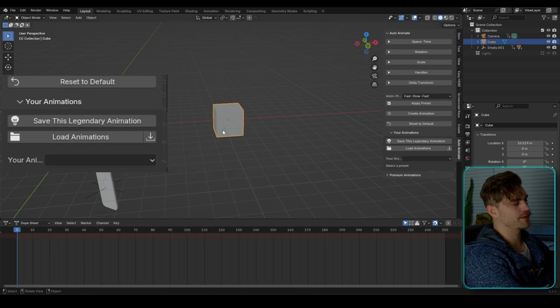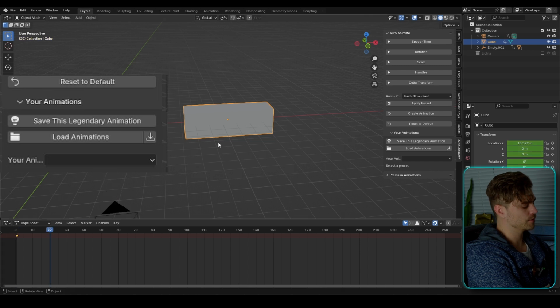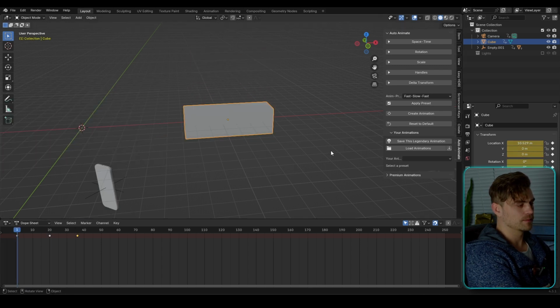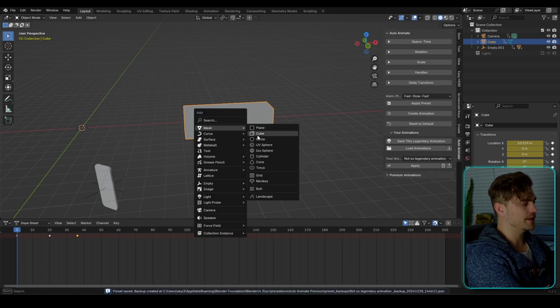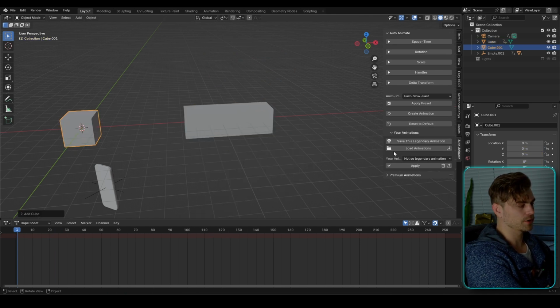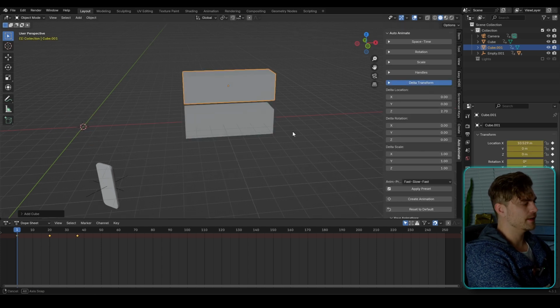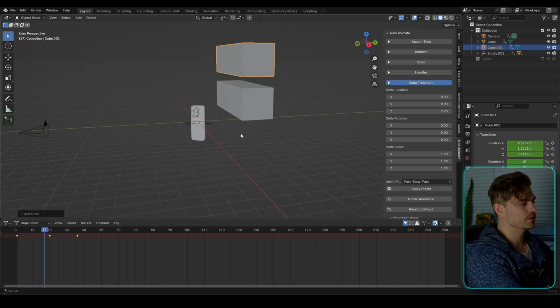Now here's another example that I'd like to show you. Let's say that we scale this cube like so. Now I'm going to make an animation real quickly, just something like this. I'm going to save this animation. I'm going to call it Not So Legendary Animation, and it is right over here. Now let's add a new cube. You can see it's a cube. I'm going to apply it, and what happens, let me show you, it is actually scaled to the same size